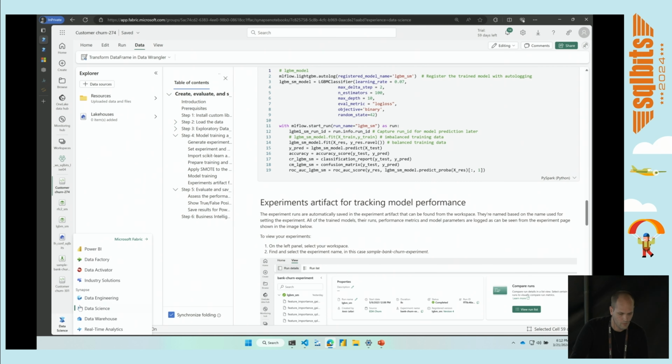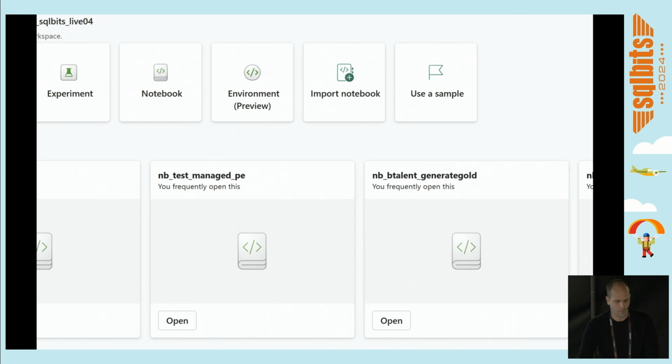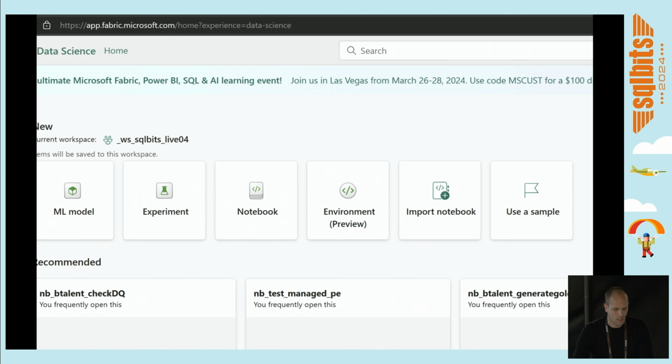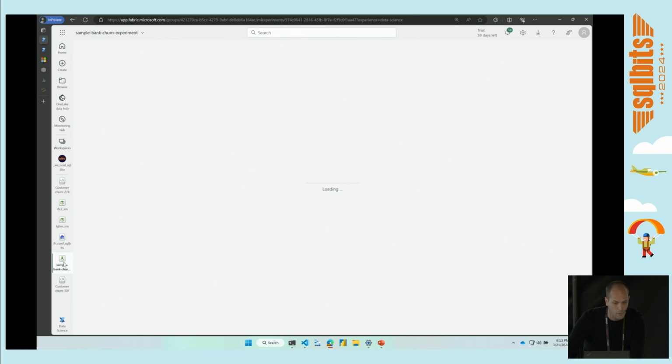within the data science experience in Fabric, you'll see that I have different artifact types. We talked about the notebook, but what about the experiment and also the ML model on the left-hand side? Since we have run MLflow run and tested 3 different types of classifiers, if I go to my experiment, the notebook automatically creates the experiment, and when we run MLflow run, those experiments are logged within the experiment item or artifact. So if I go back to my experiment,